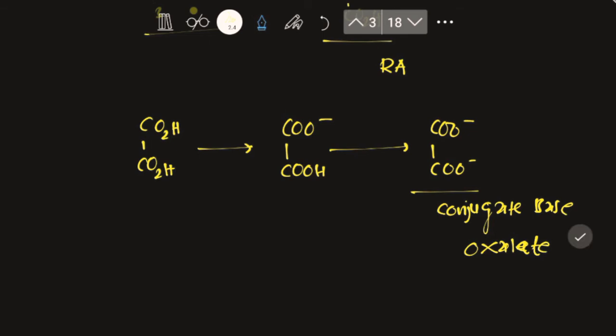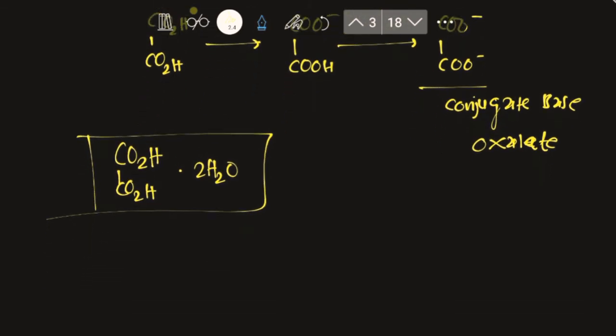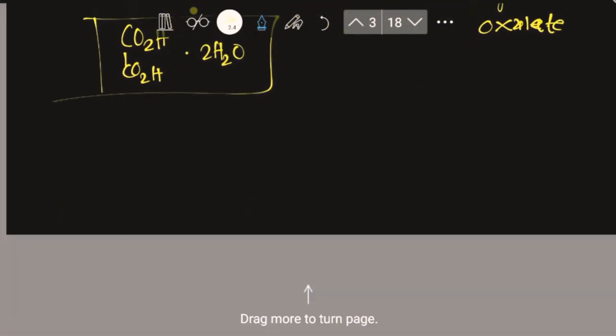Okay, this one. You know that in coordination chemistry it acts as a chelating agent for many cations like metals, etc. Basically, it is generally always in the dihydrate form. So remember this one: this carboxylic acid is always in the hydrate form like this. This is the actual crystalline form of your compound. That compound is called oxalic acid.